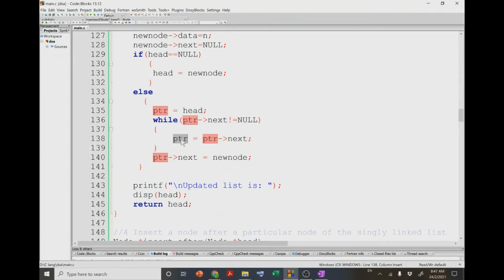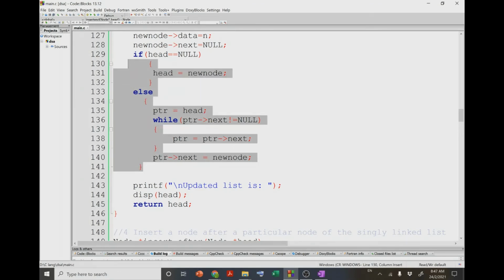Means after the end of this while loop, ptr is going to carry the address of the last node. Then we update the value of ptr next as the new node. So with this, the new node will be connected at the end of the last node of the linked list. So in this way, our new node will be inserted at the end of the linked list.